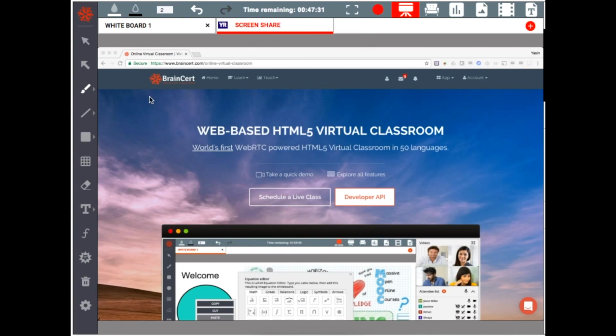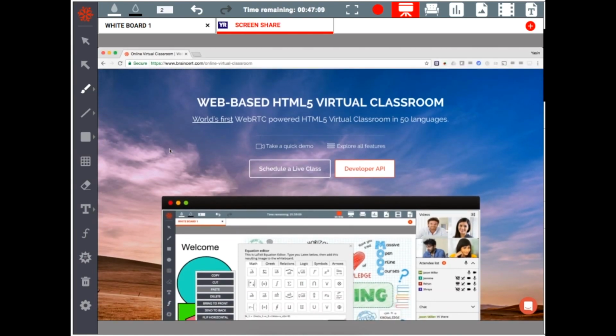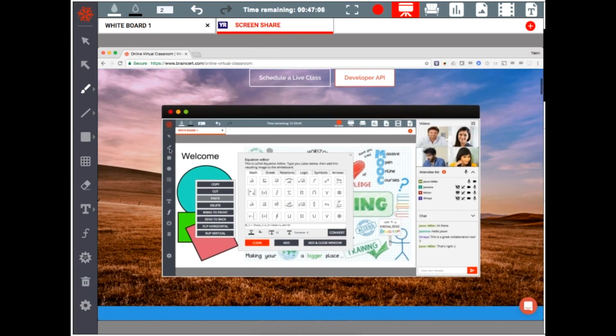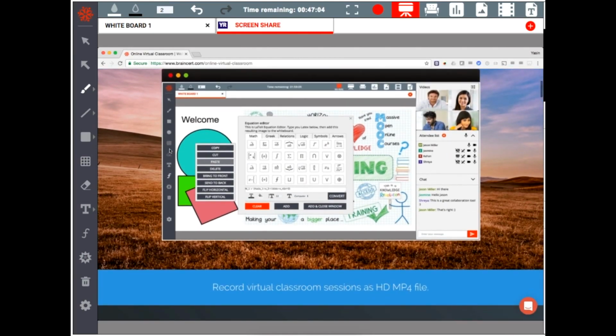One thing to remember is you cannot annotate on top of the shared screen, because it's a stream that's coming from your shared application on your computer. It's not a document where you can annotate on top of that. And you also cannot navigate within the whiteboard for the shared screen. You have to actually go to the screen which you shared in order to navigate. So whatever you do on the specific screen, it will do the same